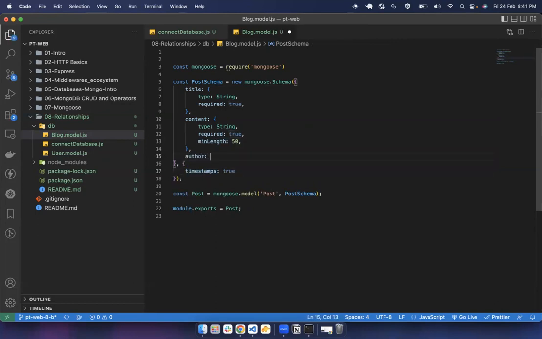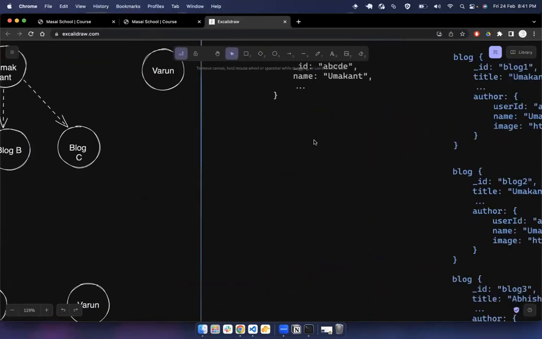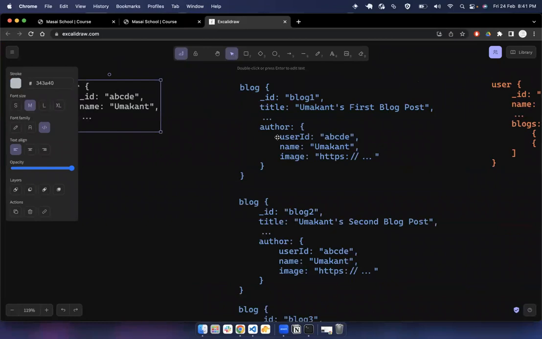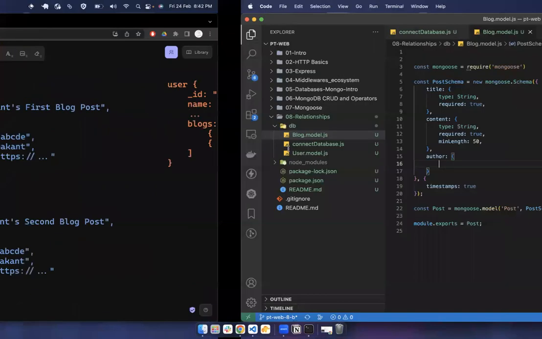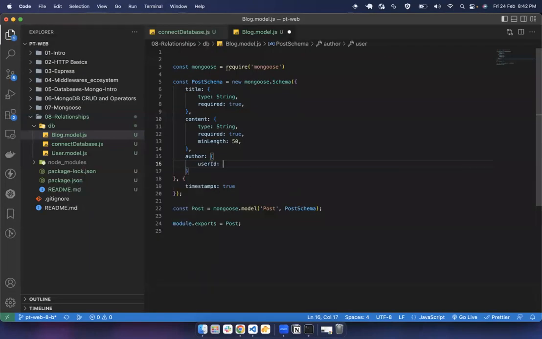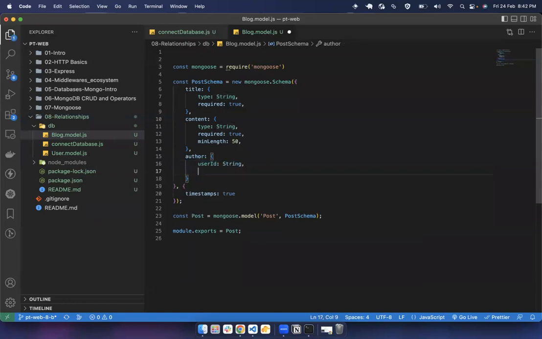But we also need author, just like we discussed here. How do we store the relation between blog and user? User here being the independent entity, but blog is dependent on user. So this is how we store this. So we say user ID, which is going to be a string. So this is how we define the schema for nested objects. Okay, we just give an object, inside that we give these properties and the data type. Okay, so we say string, and we say